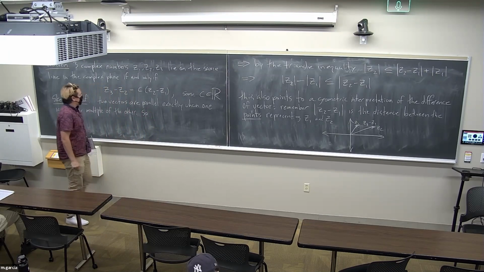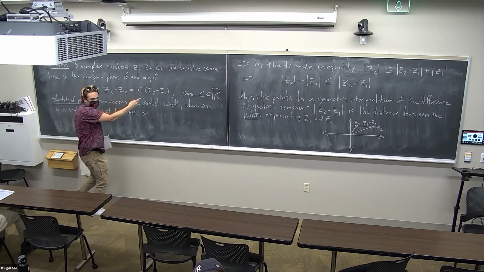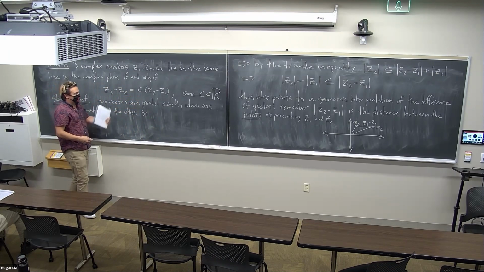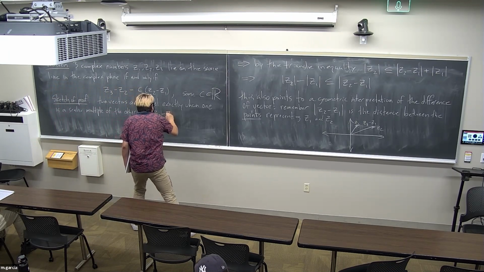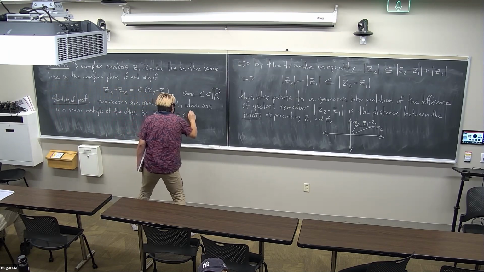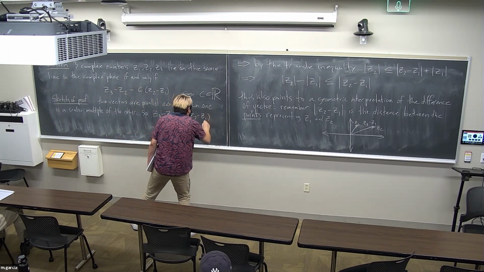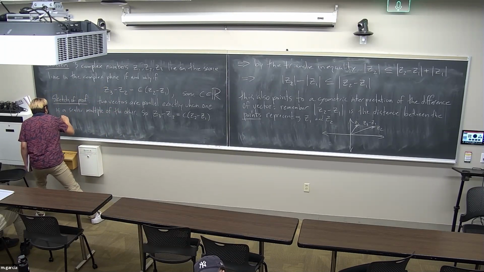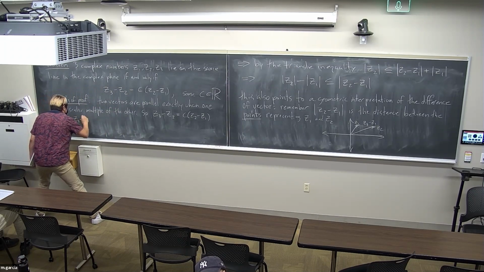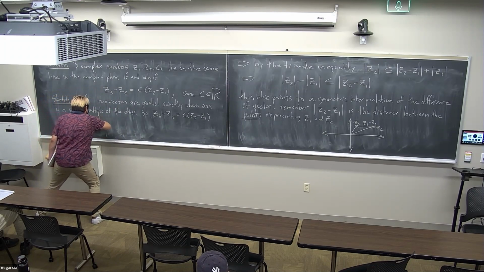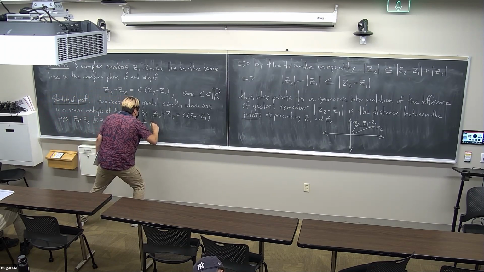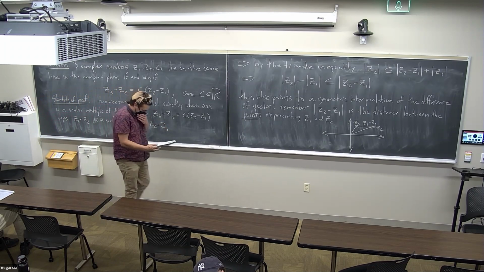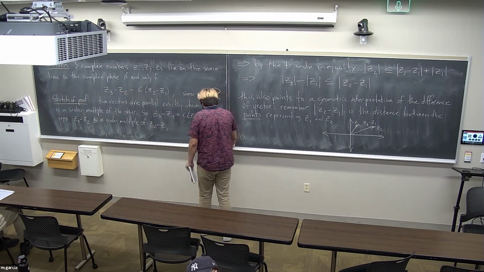So, if we take this equation, this says that the difference of z3 and z2 and the difference of z2 and z1 are scalar multiples of one another, right? So this is exactly what z3 minus z2 equal to c times z2 minus z1 means. It says z3 minus z2 is a scalar multiple of z2 minus z1. Okay? So what that means is